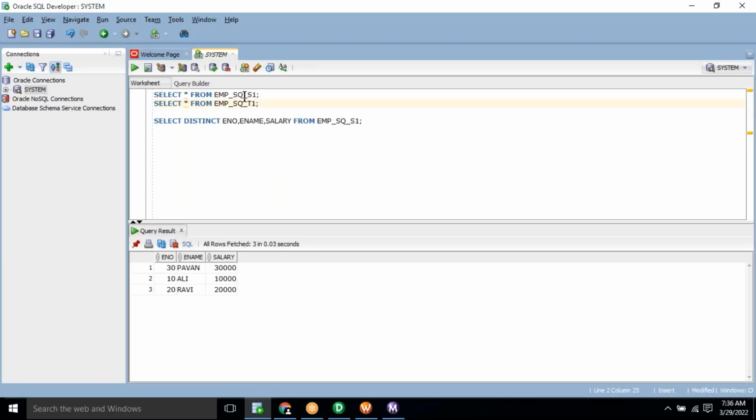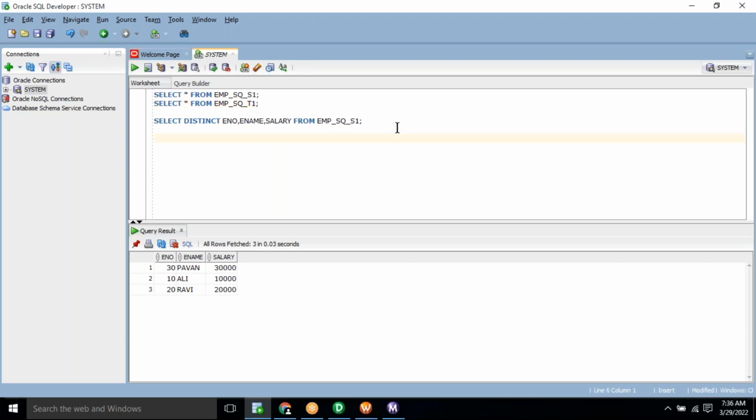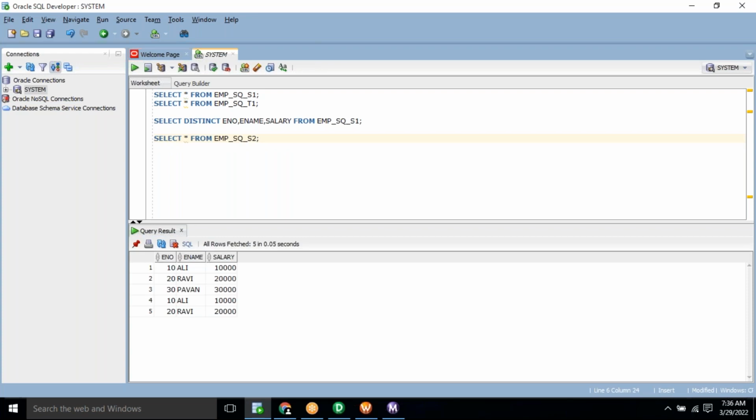Not only distinct records. Suppose, let's say, from the source table, now another second scenario here in the source qualifier, S2. Okay, so here what I am going to do is S2 T2. Like this, you create another source and target table. This is another example. So after creating the source and target table, in this scenario, what I have to do